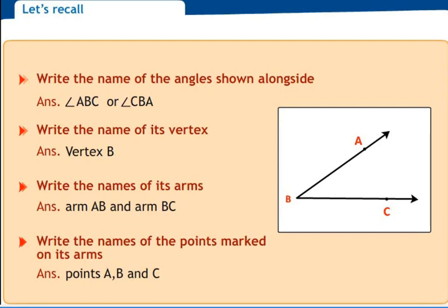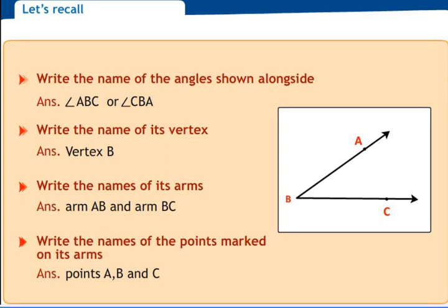Now these are just a recall of these concepts, basically using the geometrical terms. These are the elements of an angle. Whatever I have explained is just a short recap. What you need to know is that, geometrically, the arms or the sides of the angle are denoted using rays.